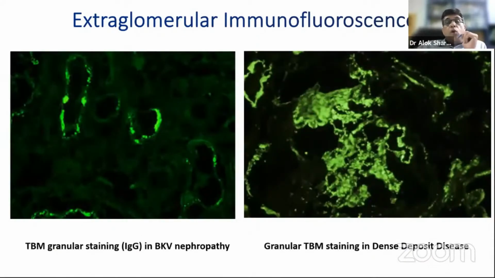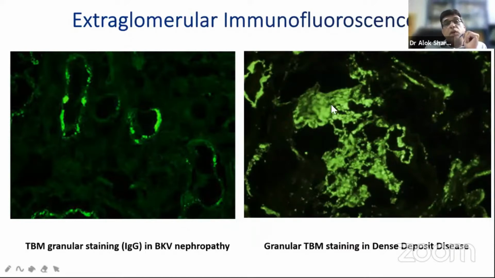Another point, not uncommon actually but worth mentioning, regarding extraglomerular staining is one which you can sometimes see in BK virus nephropathy. BK virus sometimes elicits a localized immune reaction to the virus, and antibody-antigen complexes form and get deposited on the tubular basement membranes. If you do a careful IF study, you can actually see these deposits along the tubular basement membranes. Even on a C4d stain, they would show up along the TBMs.